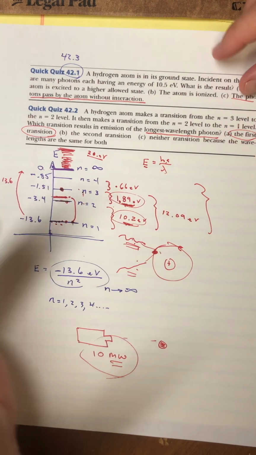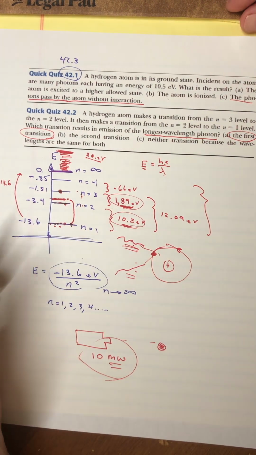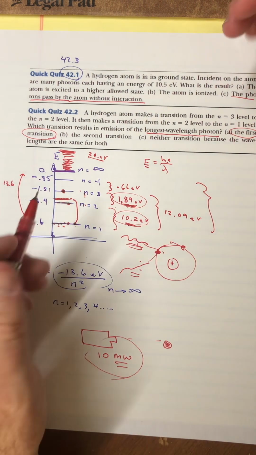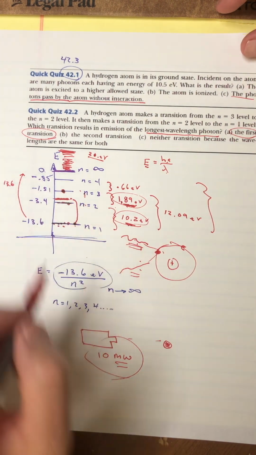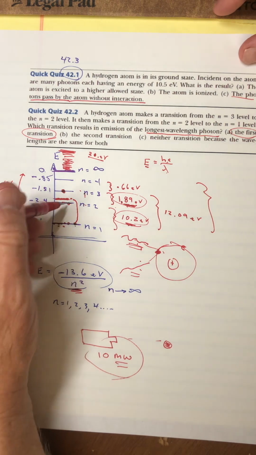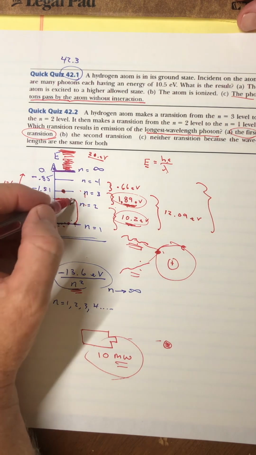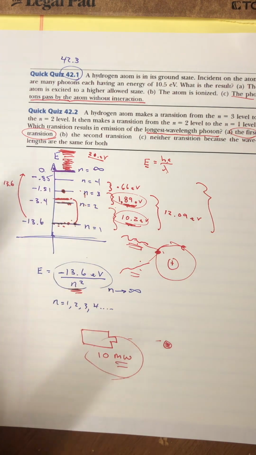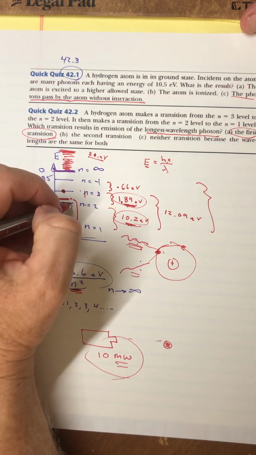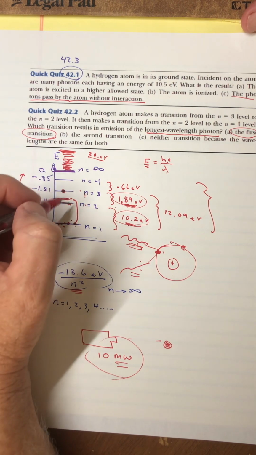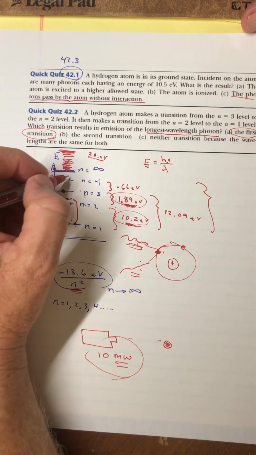I think the point of this problem is not really to do a calculation, although I will. The point of this little quickie quiz was to get you to see this relationship and how the energy levels are getting closer together. So transitions that go 2 to 1, or anything up here down to 1, would be in the ultraviolet. Anything from 3 to 2, or anything up here down to 2, would be in the visible, although at some point,